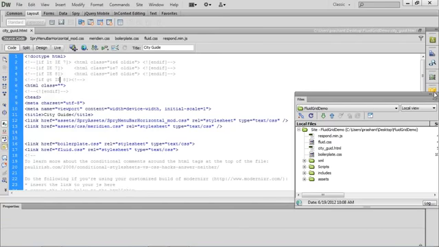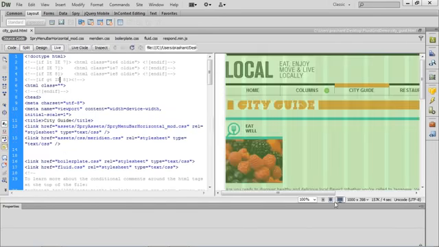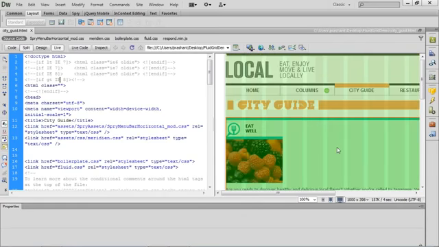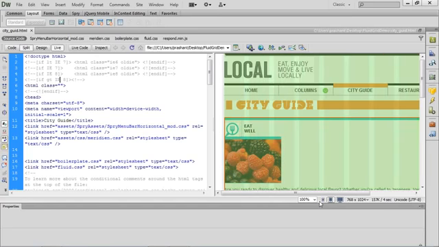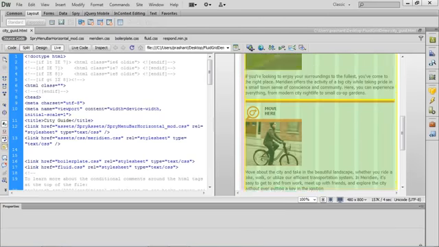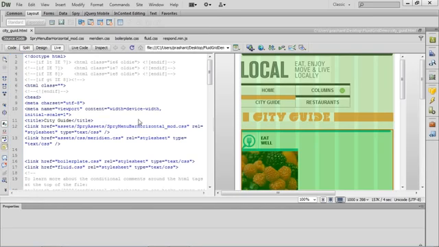Let me close the files panel here. Let's check how this is looking in the live view. Wow, it seems almost done. Let's check what has happened with the other layouts. Incredible. All the layouts are now optimized to the screen size. Now let's start adjusting the layout sizes. Let's start with the desktop view.